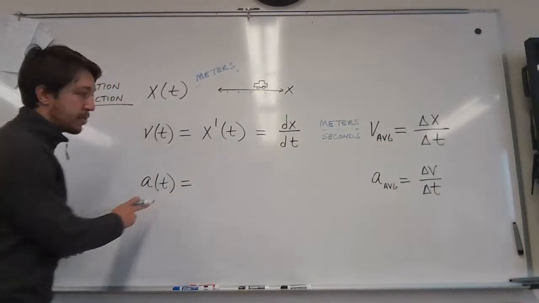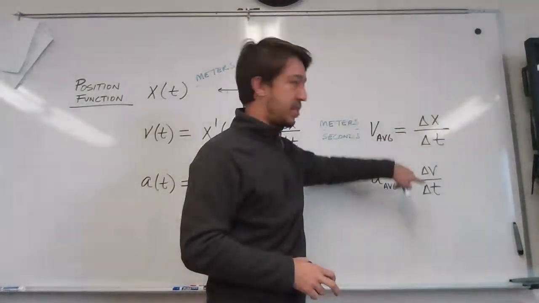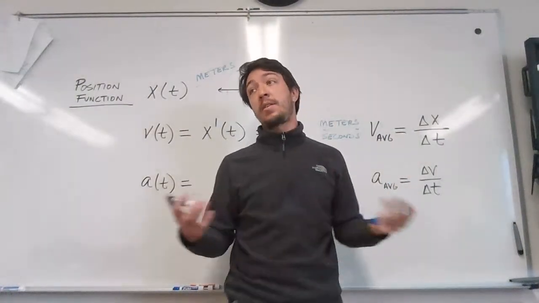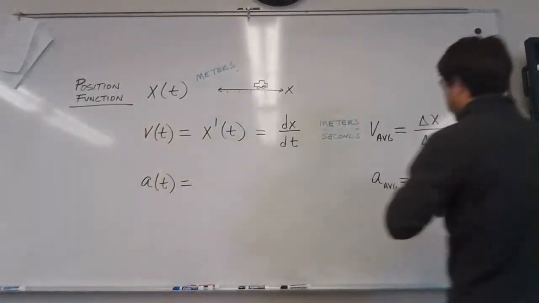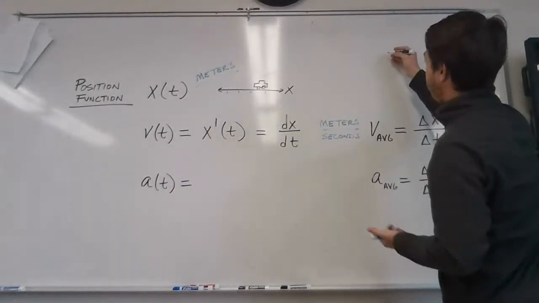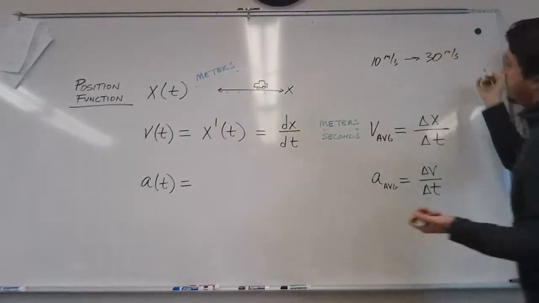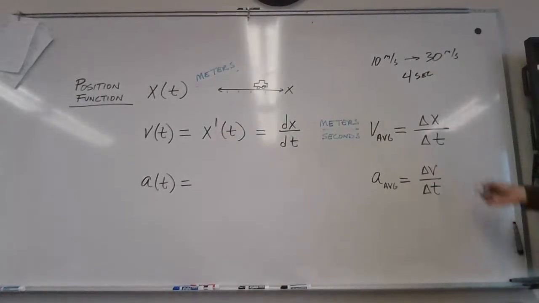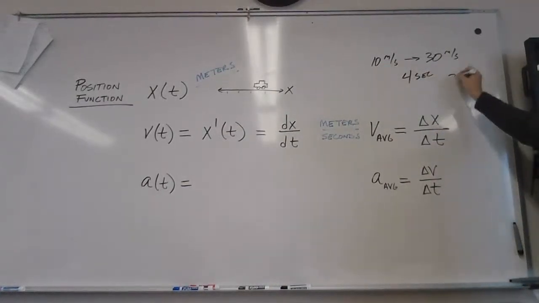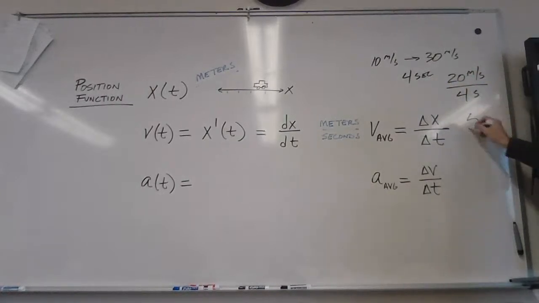So acceleration. If you think about what acceleration is, you may never have considered what that word means. It means when you change your velocity over some time period. If you speed up or slow down, that's called acceleration. You quantify that like so. A quick, simple example: suppose in my car I was going 10 meters per second and I sped up to 30 meters per second, and that took 4 seconds. What's the acceleration? I changed 20 meters per second and it took 4 seconds, so the answer would be 5. But 5 what? Meters per second,